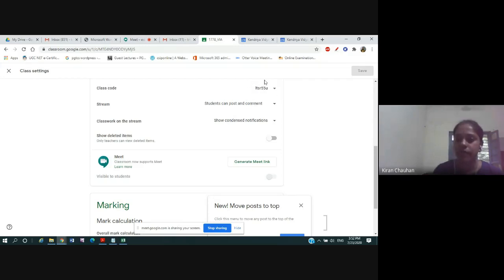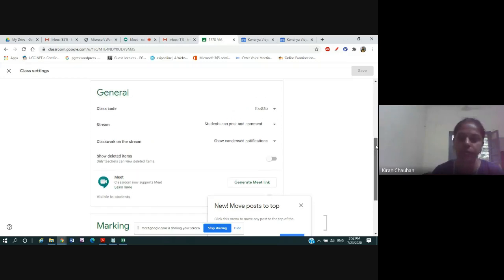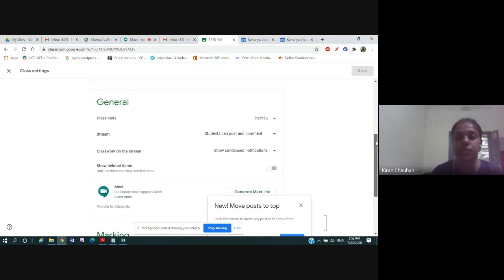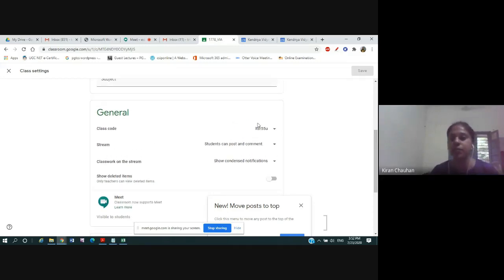For example, a student has joined the class and then deleted the class, they left from the class. There are only 3 chances for a particular student to join the class. Only 3 times he can leave the class and join again. It is difficult. After 3 attempts, he will not be allowed to enter. Only with the permission of the principal will he be allowed to enter the class.